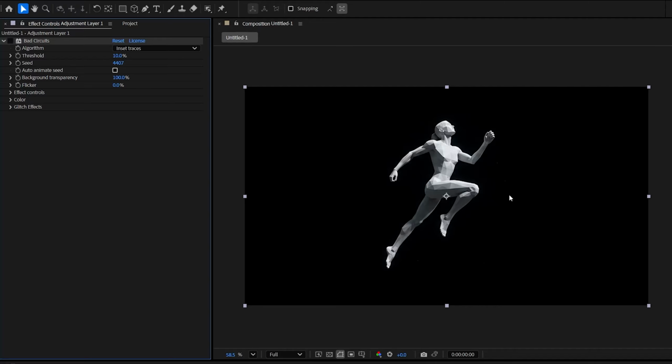In this video, we are going to learn the basics of Bat Circuits. It's a new plugin that can be used to create various kinds of glitchy effects. So let's get straight into it. So let me turn on Bat Circuits, and as you can see, this is the first thing that you're going